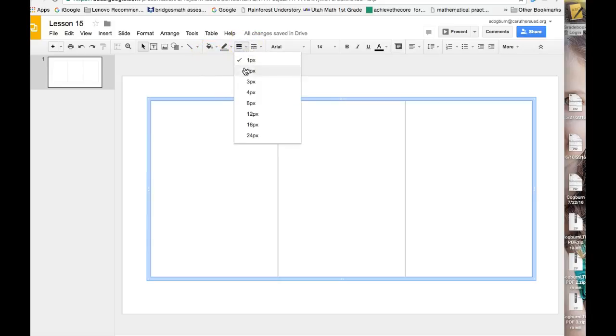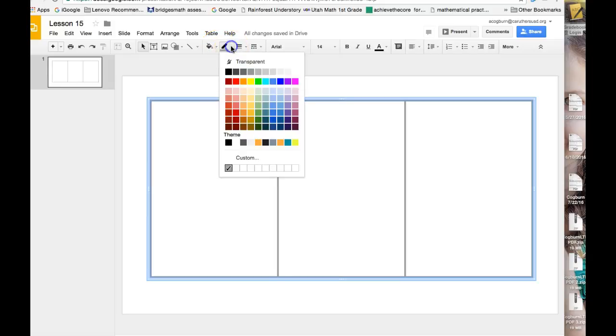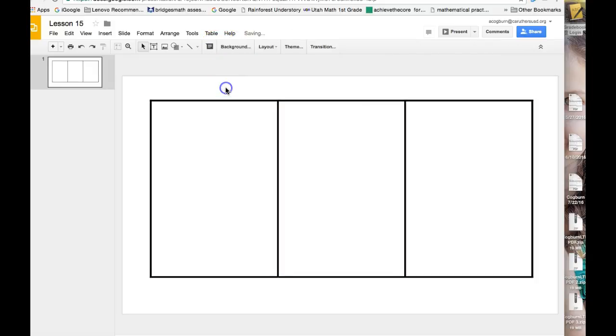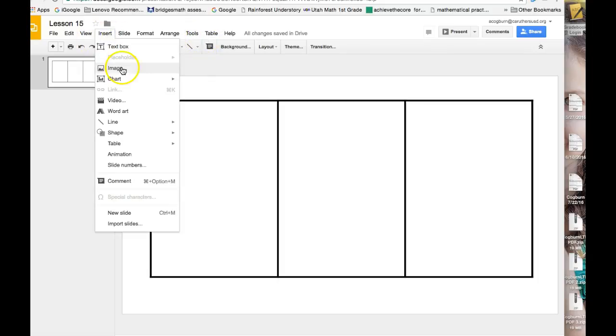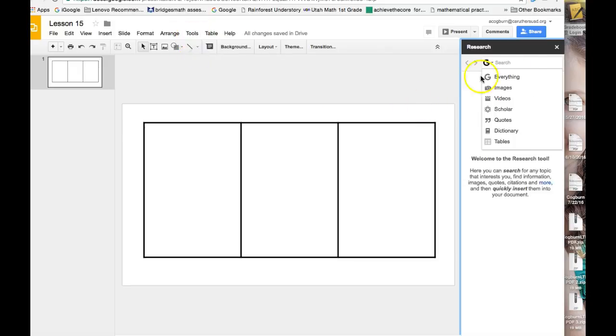We're going to make your line on the borders a little larger. You can actually make that color dark too if it's light. And if you go to insert, you can insert images that way, or you can go to tools, research, and